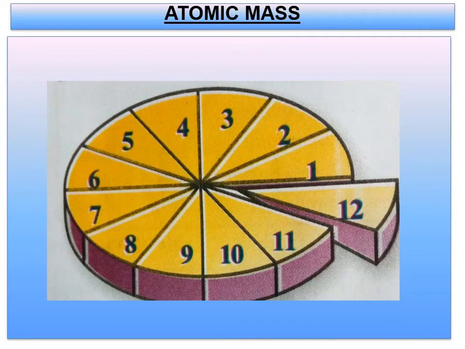So according to Dalton's atomic theory, he told that every element has a characteristic atomic mass. As we know that atoms are extremely light and small, scientists find it very difficult to measure their individual masses. So the mass of an atom is compared with the standard mass of some other element. In 1961, it was universally accepted that the mass of a carbon-12 atom would be used as a standard reference for measuring atomic masses of other elements.